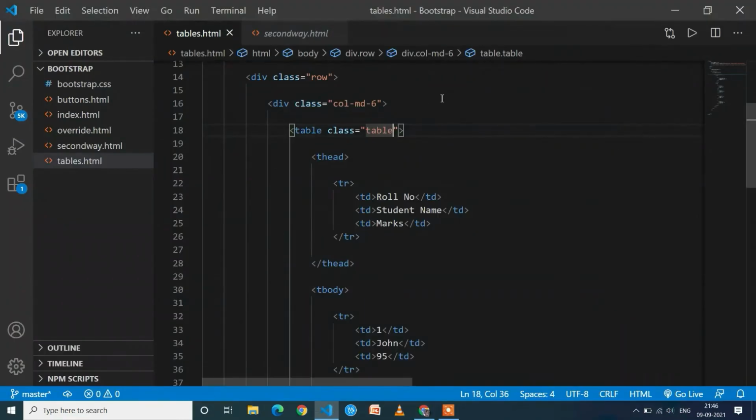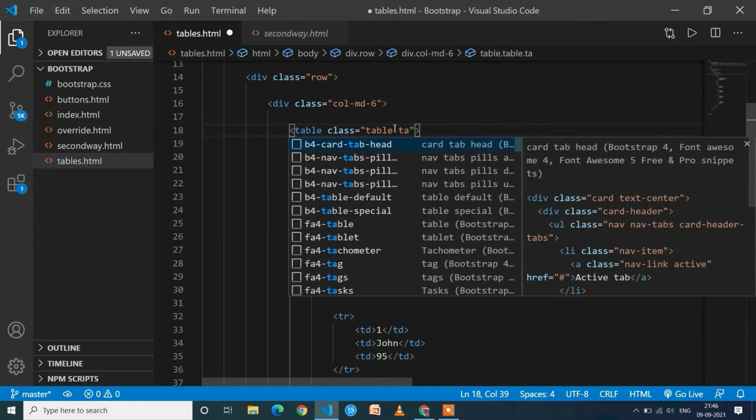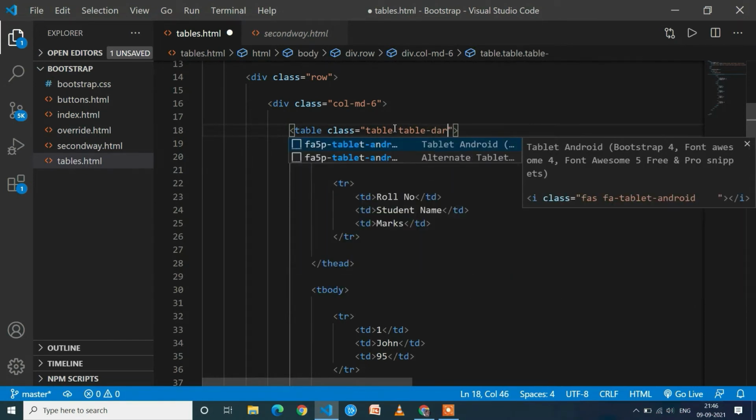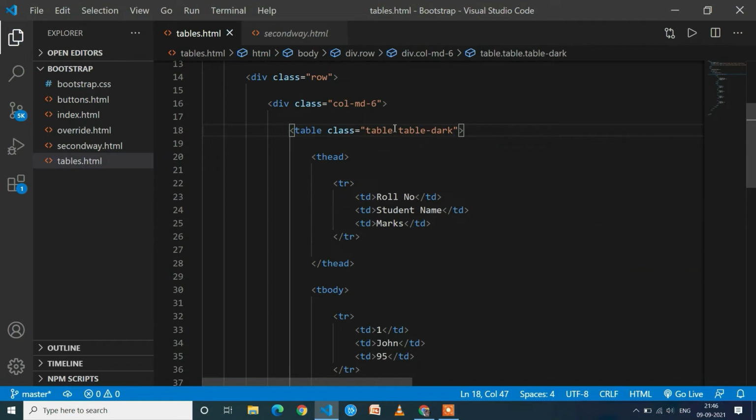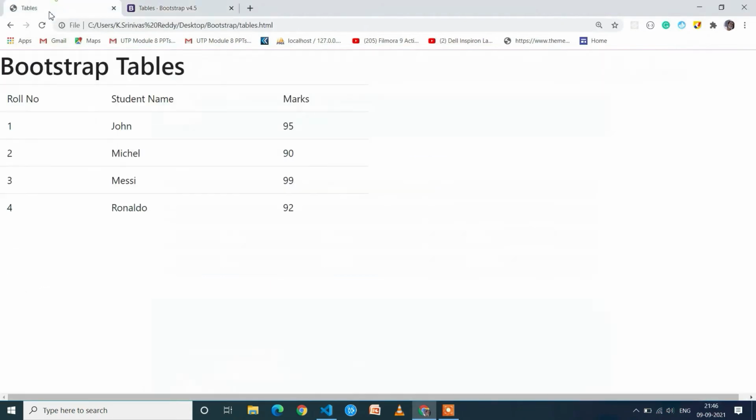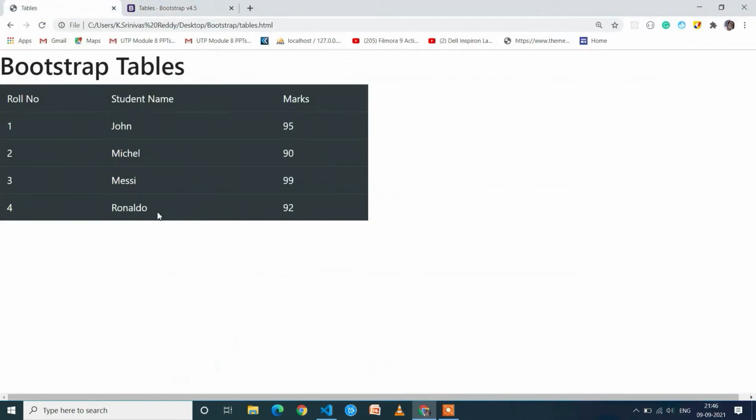When you get the black color background, automatically the text color will also be changed to white. So here we need to write table-dark, Ctrl+S. Here I am adding classes to only the parent table. I am not changing any table head, table body, table data, or table row. We are adding the Bootstrap classes to only the table, that means table parent only. Now let's execute this. Here you can see we got the beautiful black color background and the text color is